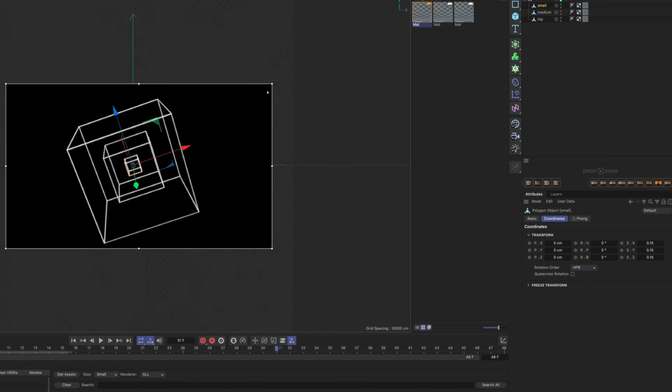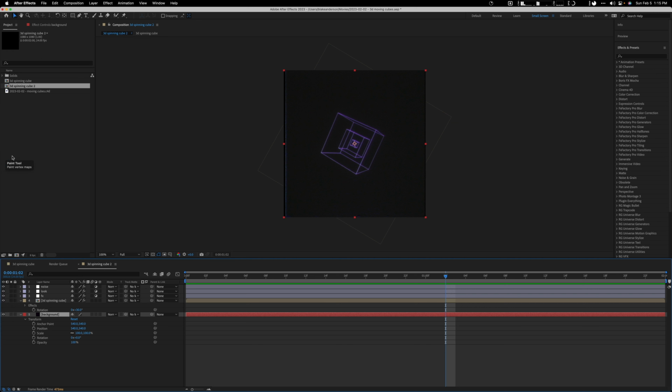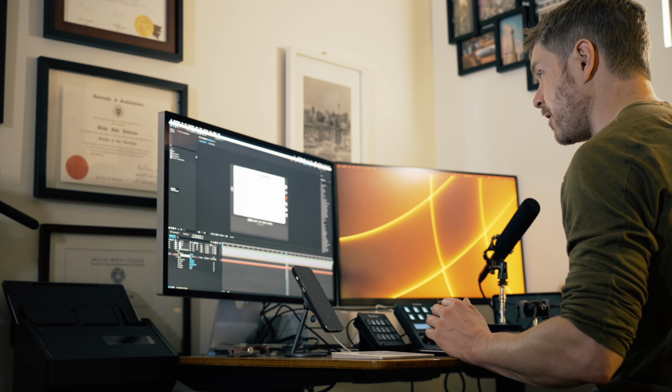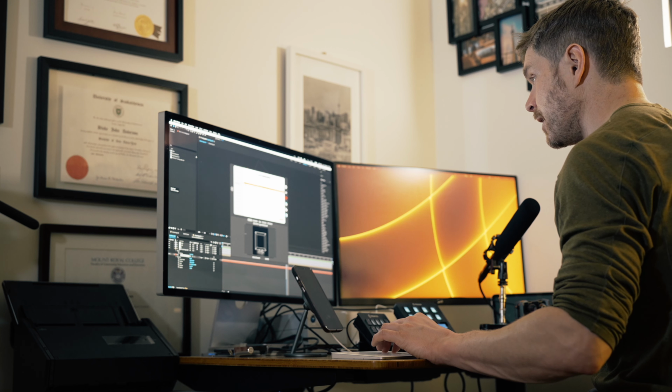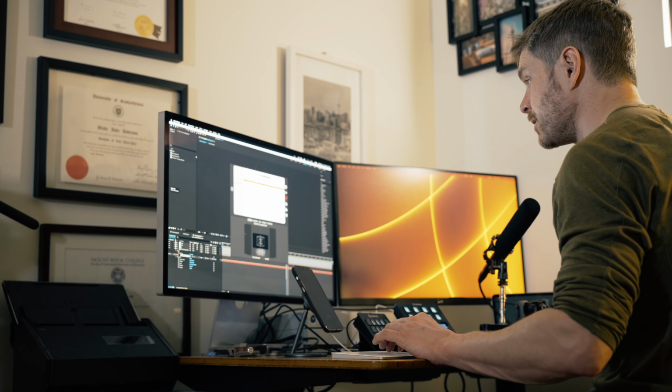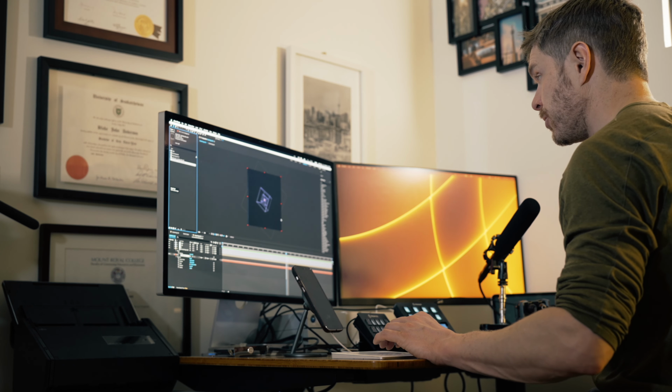And then once you've created that 3D cube or something similar, you're going to go to After Effects, and then you're going to click Import, File, and then you're going to find your Cinema 4D file, right? So let me look here. Where is it? Moving cubes. Yeah, okay, it's moving cubes. So you import that,